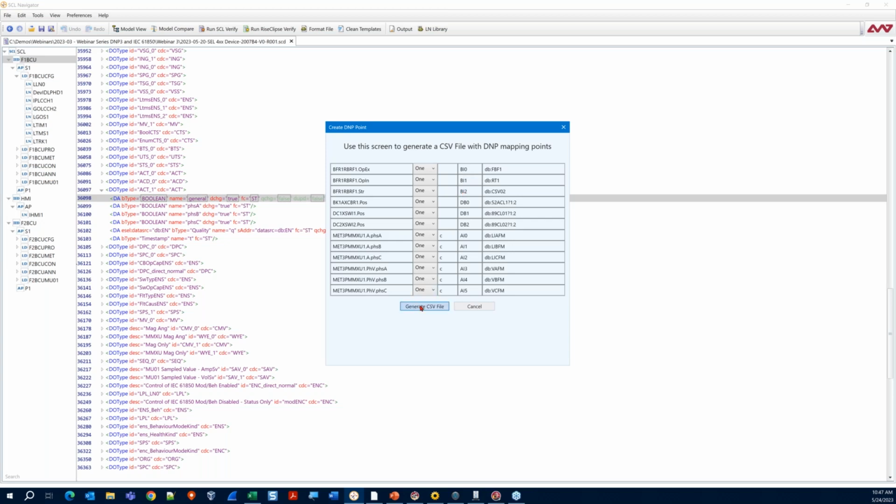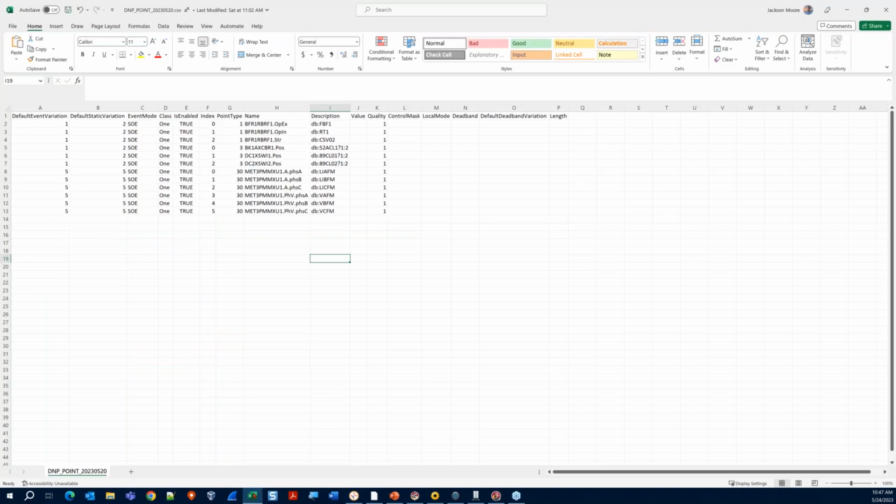Now when I click generate CSV file, I've already done this and saved it out, and we can take a peek at what that's going to look like. So this is a template for this DNP3 data map that our gateway is going to be outputting on the other end. Names and descriptions are something that Christoph is going to be going into in a little more detail later,